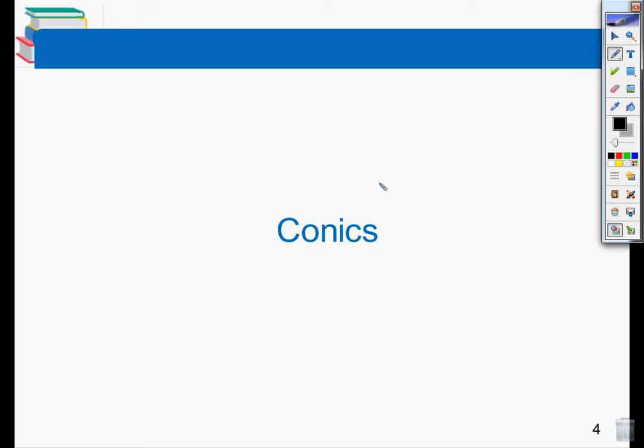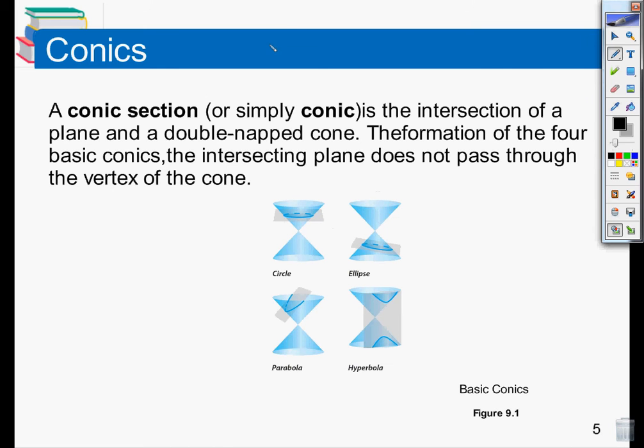Hello everyone. Today we're going to be looking at Chapter 9, Conics or conic sections. Basically, we're going to be looking at two double-napped cones stacked on top of each other and the intersection of a plane with that particular figure. If we look at the first one, with the intersection of that plane, if it is horizontal, then